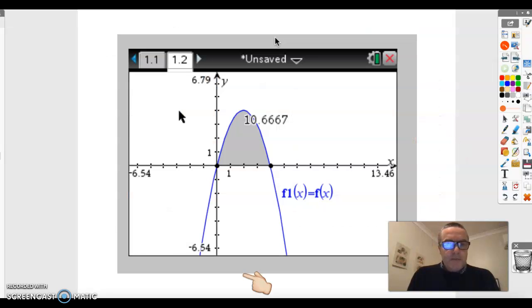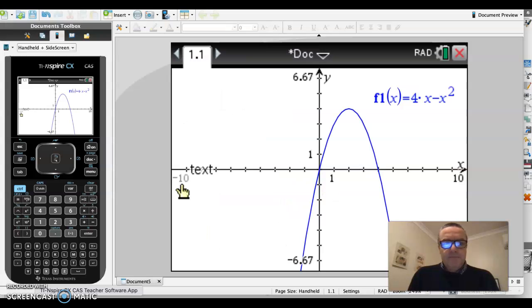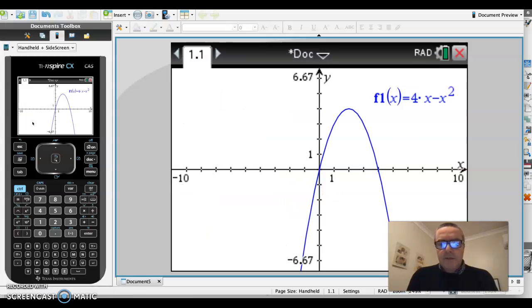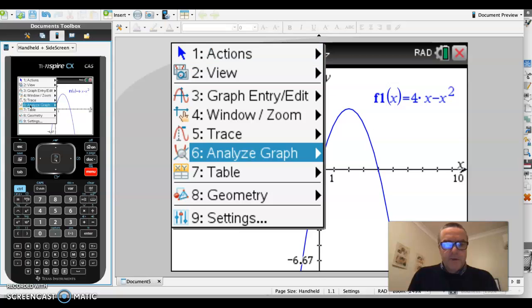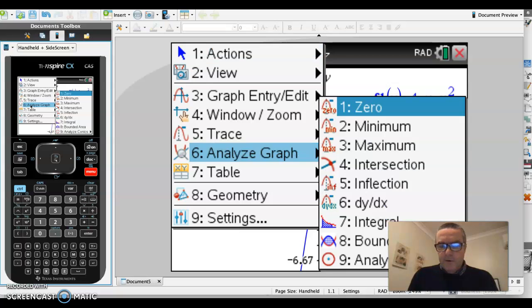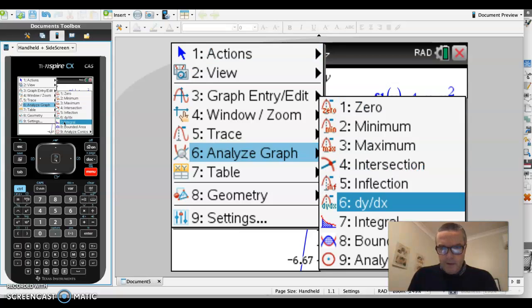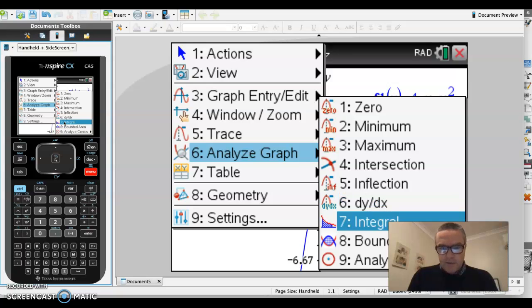Here we can see the same curve on a CAS calculator, and I might actually take you through the steps here. So here I've got the function on the CAS calculator, 4x minus x squared. If I'd like to know that area, I'm going to go to the menu, and in the sub-menu for analysing the graph, we will find there's a command for the integral, number 7 in this version of the calculator. So I'm going to click that,